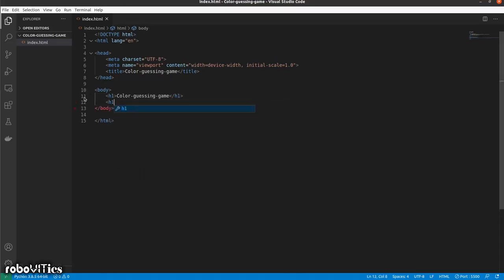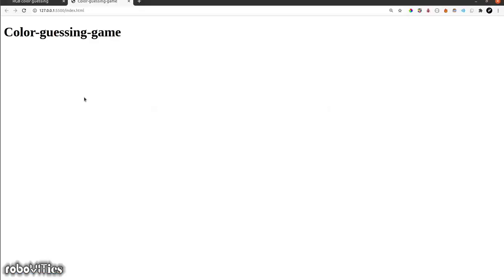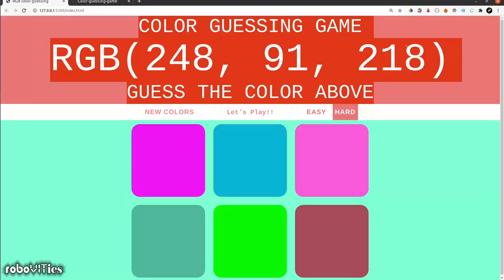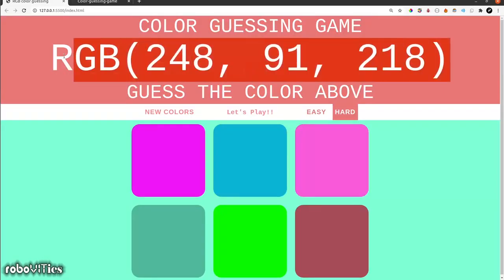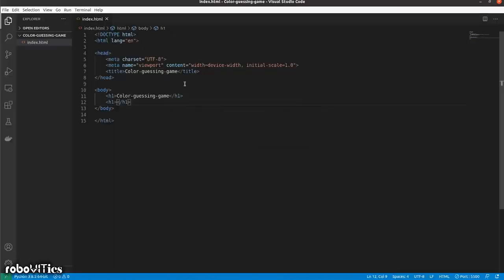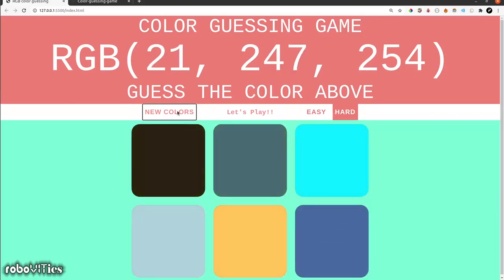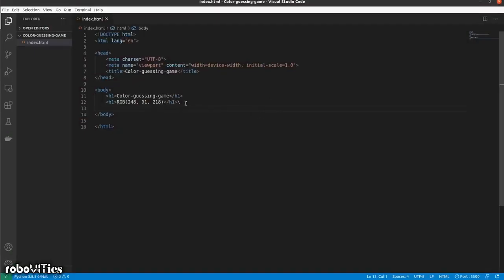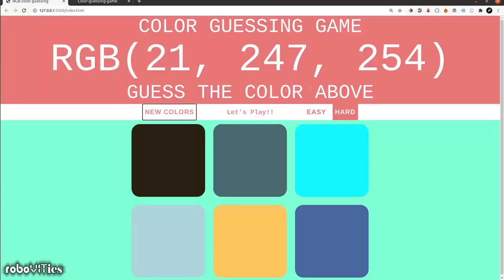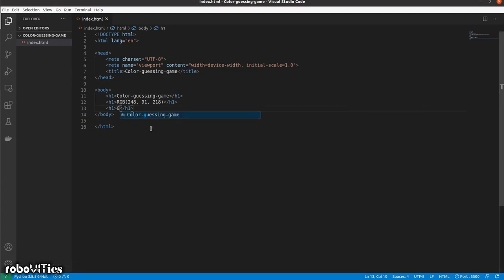Then in my next h1 I'm going to write down RGB so and so, though this is going to be changed later because we want it to vary every time we click on new colors. So we want that to change, but for now let's just hard code it inside our HTML document. And the third and final one is going to be guess the color above, that's going to go in our third HTML tag.